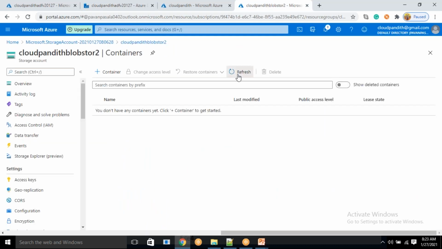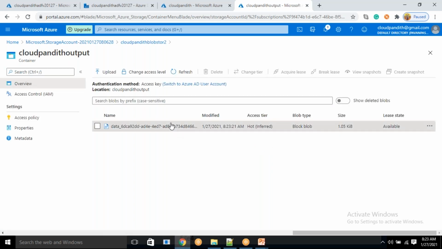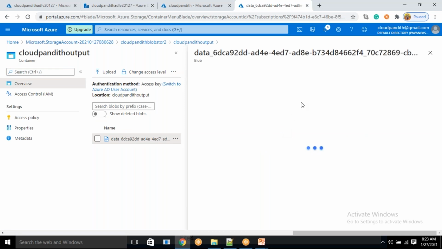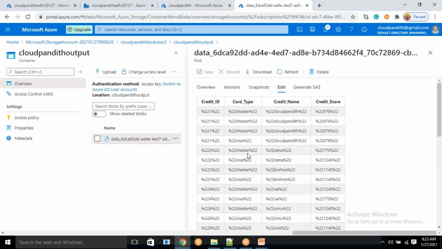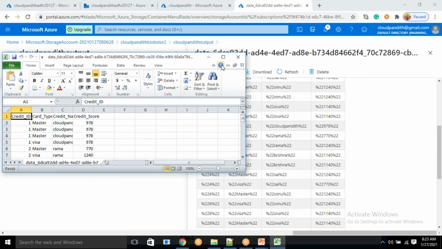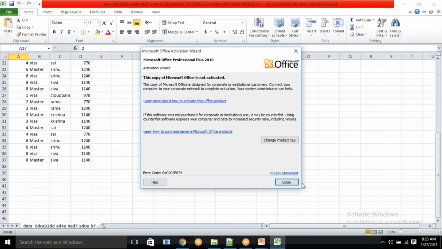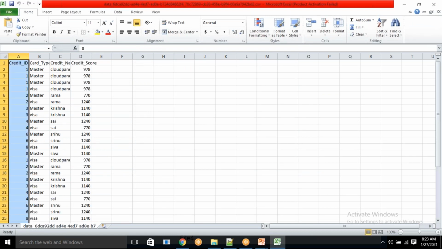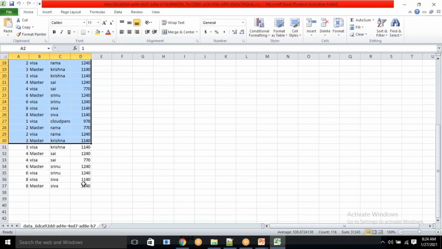Yes, it is succeeded. Come here, refresh this. See, Cloud Pandit output. Inside this we'll have a single file. Open this file to see all the data. We will have 36 records because each file has 12, right? Click preview data. The numbering is not there, but just download this file and check it. Do we have 36 records or not? Yes. Why is it 37? Because one is the header. You can see one is the header. But basically it merged those three files, each of which has 12 records.